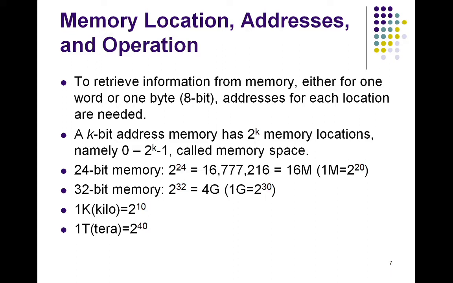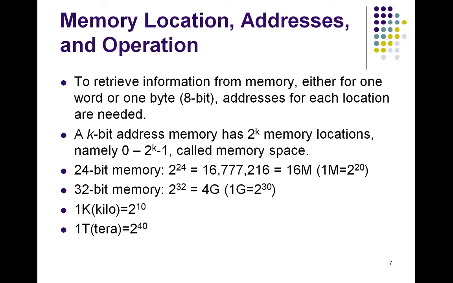For example, consider a 24-bit address. It will generate an address space of 2 raised to 24 locations. So it is very simple. If the memory address is of k bits, then you can expect 2 raised to k memory locations. If the memory address is of 24 bits, then we can have 2 raised to 24 memory locations. This number is usually written as 16M, as you can see here, which is nothing but 2 raised to 24. Here M represents mega. So 2 raised to 24 is nothing but 16 mega memory locations.